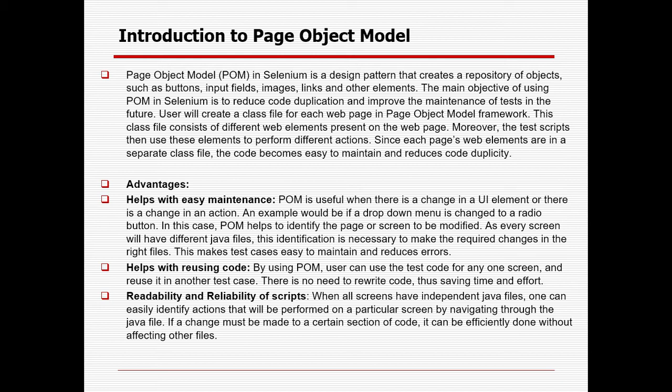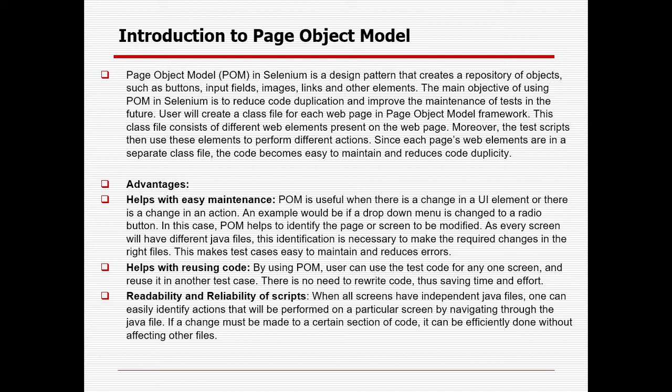So for each and every page, suppose you are working for an Amazon page, right? Amazon.com you have to automate, right? So after opening the site, you have to navigate to the home page, right? Where you will be providing the user ID and password. After that you will go to the product details page. So after that you will select the relevant product, and then it will go to the cart, and you will add to the cart and you will make the payment. After that you will close the browser.